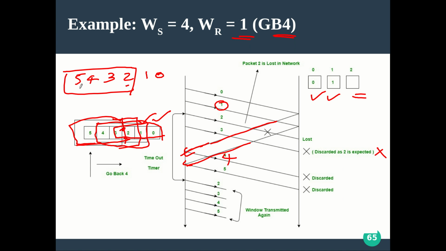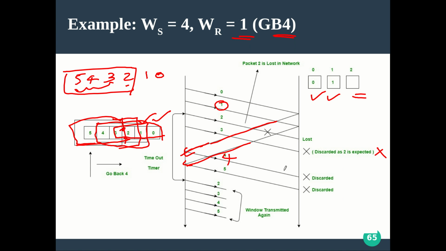Then after sending 4, it will wait for 2. Minimum means if it keeps on sending now, then it will go out of control. You know how this window is selected, all those things I already explained. So it is actually waiting for the acknowledgement for 2. Instead of simply waiting, it sends 3 more packets.